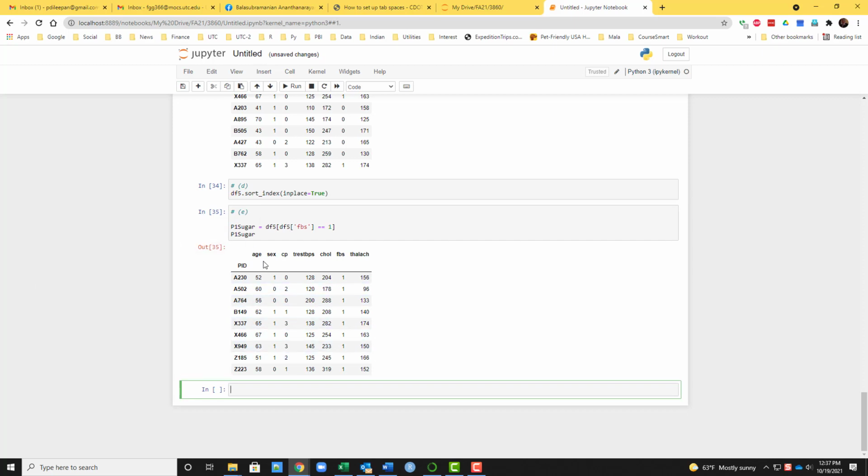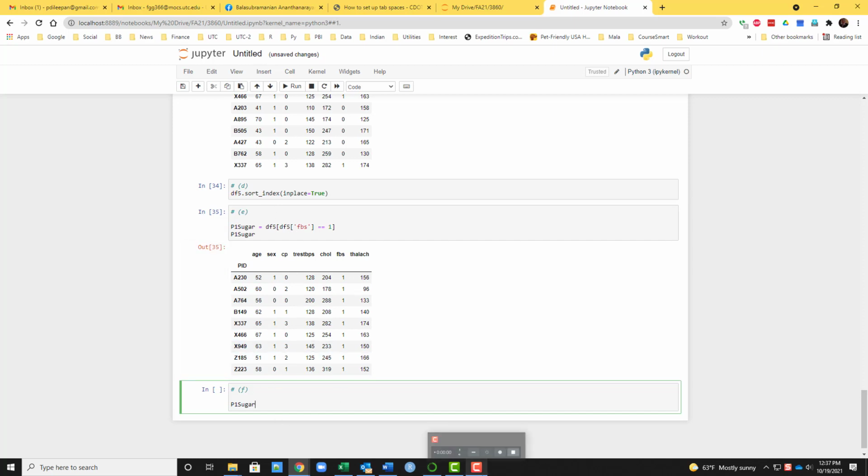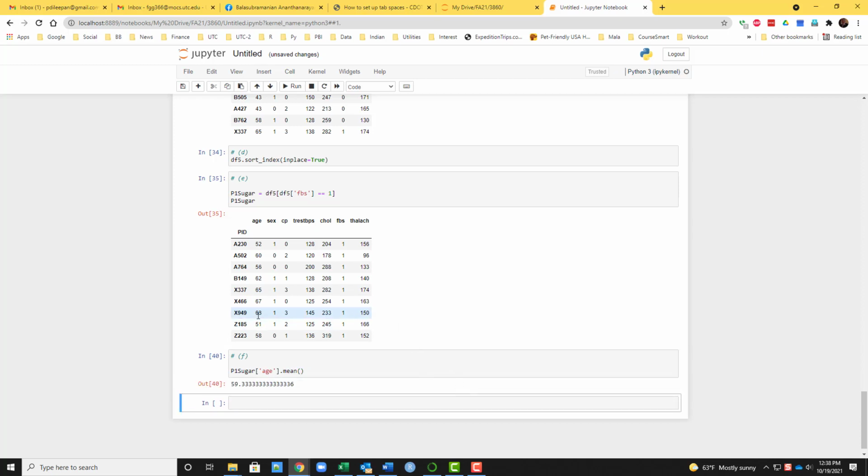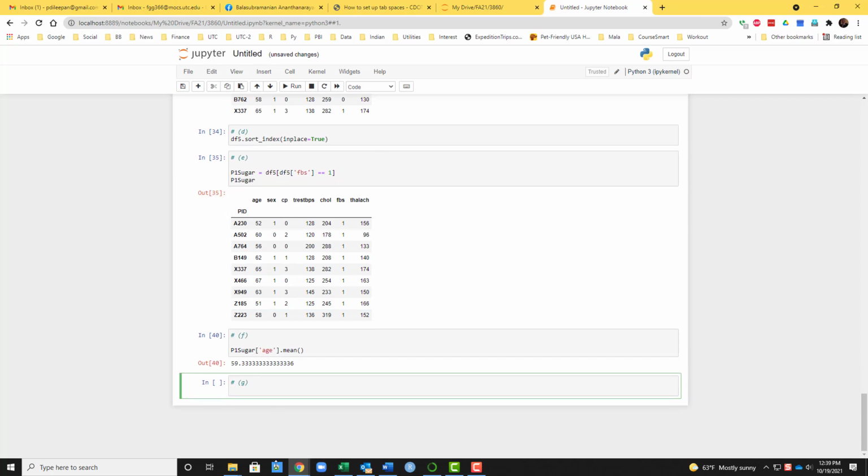Okay, so now we want the average age of this set, so we can do P1 sugar, right? So that's the subset of all the FBS equal to 1, and in that data frame we want to look at age, and we want to do a mean of that, and send that. So that's the mean, and then we have G, where we want to do another filtering, this time for age. So say P2 age equal to